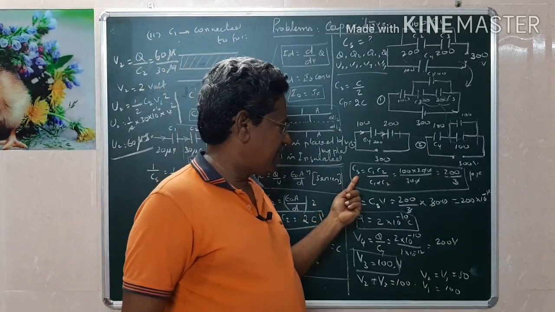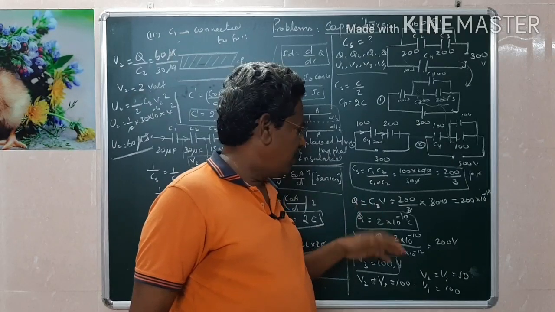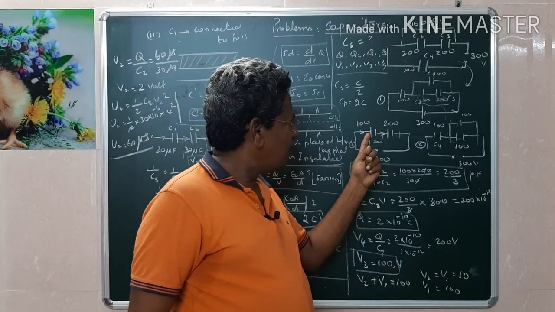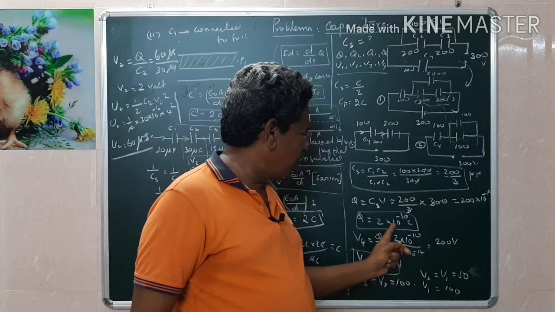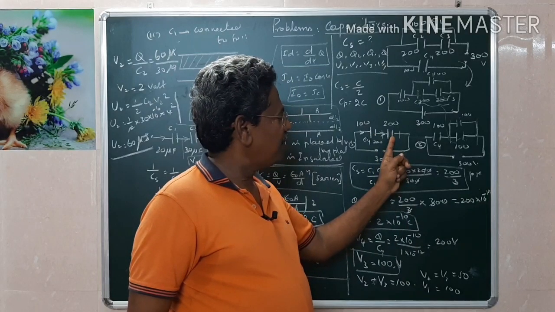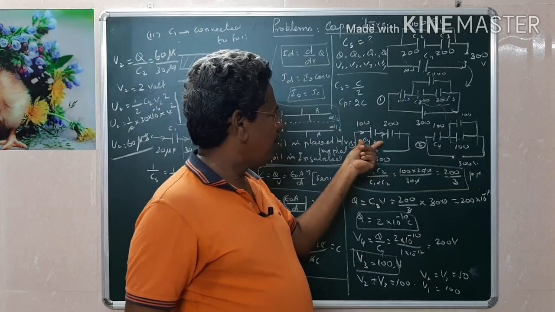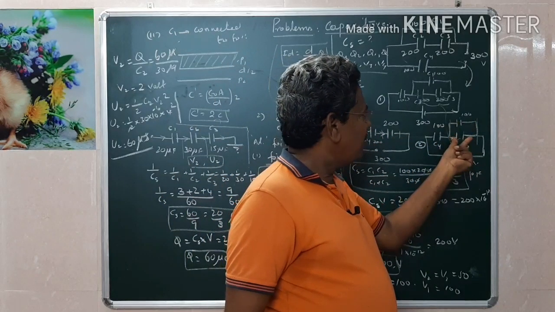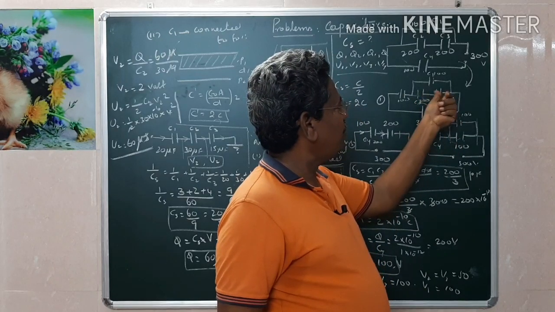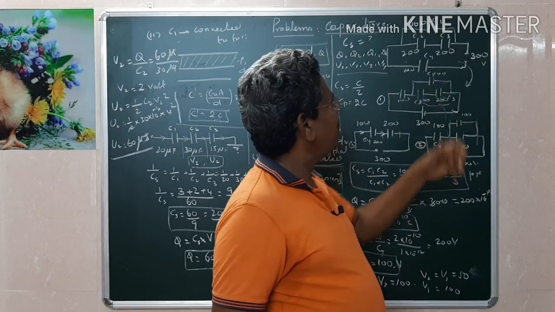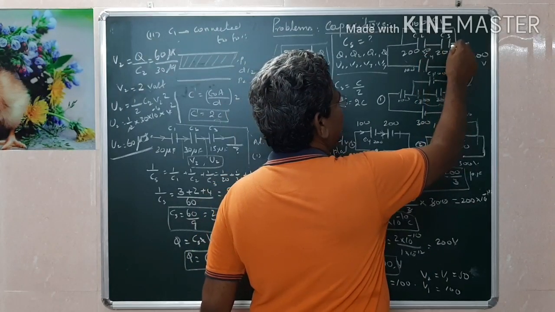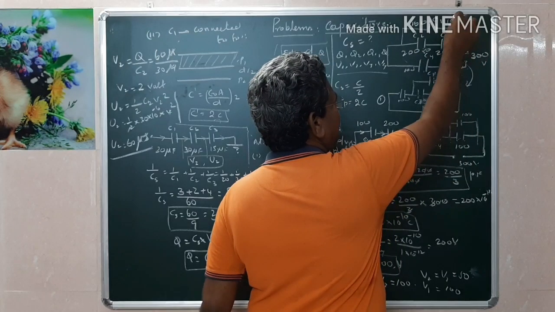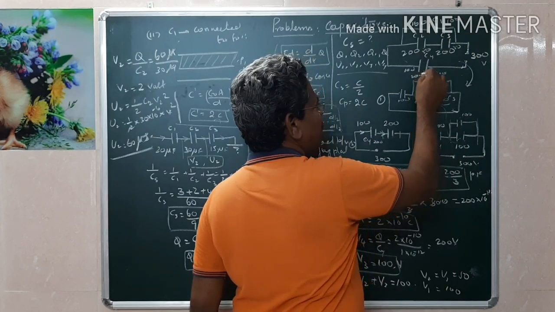So, find out the total capacitance, from which you find out the total charge. Then total charge means the charge through this and this is the same. Therefore the charge through this one is 2 into 10 to the minus 10, and this is also 2 into 10 to the minus 10. Now, among the total voltage, the voltage across here is 200, the voltage across this is 100. This 100 is now divided into two parts, 1 and 2. Both are equal. Therefore, 100 is divided into 50, 50. Out of 300, 100, and this voltage is 200.